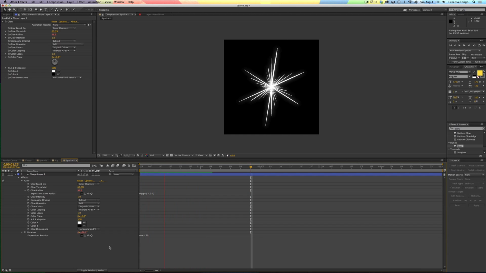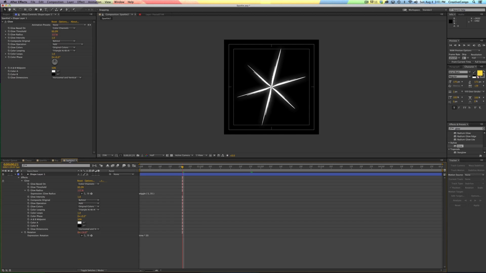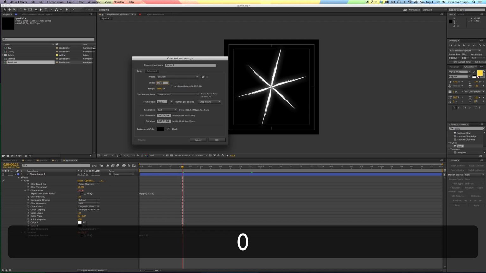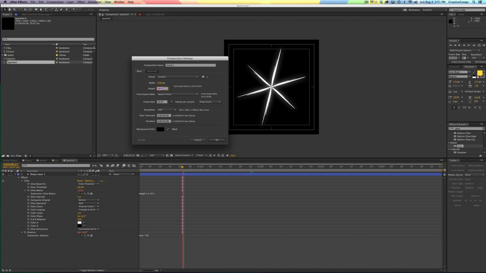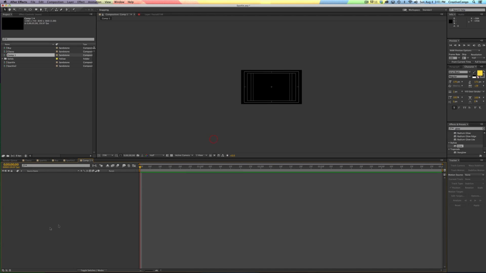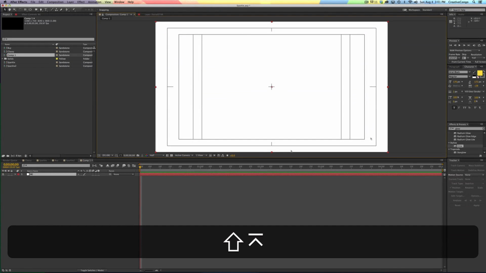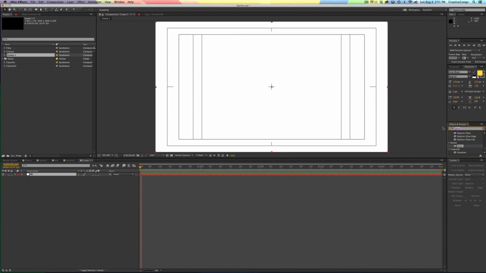And that's essentially it. Now, if you want to actually make something with this, we'll come up here and make a new comp. This one will be 1280 by 720 square pixels, 5 seconds long. And so we'll just Command Y, add a background, BG, and put the ramp